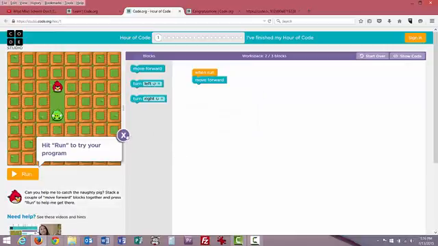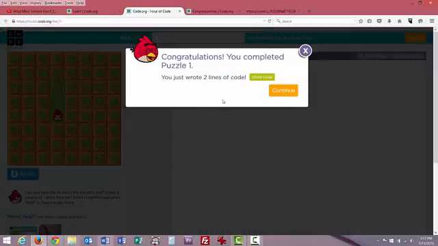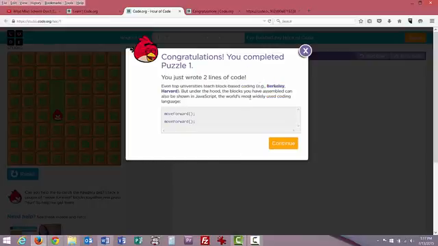So just to get this first one going, you have to move the bird to get the pig, just like you do in an Angry Birds game. So you build your code, you run your code, and then once you've done that, what I want you to do is look at your code, because through that block programming you've done, you can see the actual JavaScript that gets created in the background. And it's real easy up in the beginning, but as you get to the 20th one,